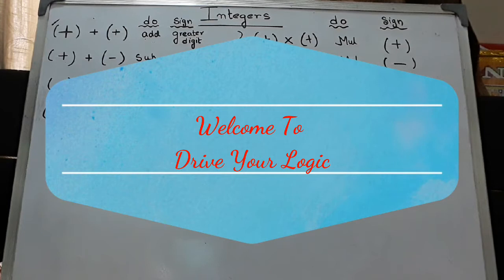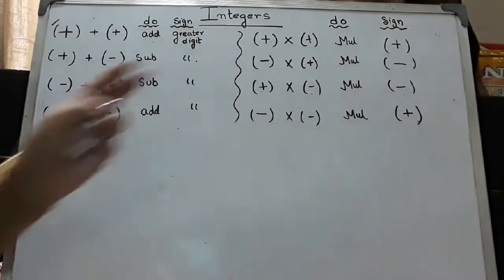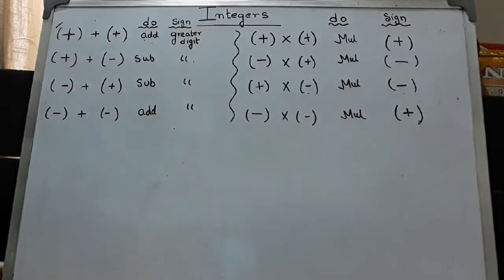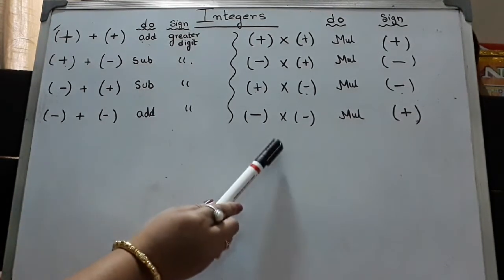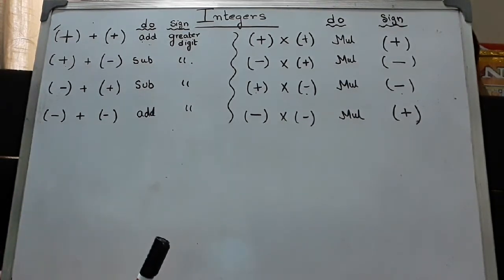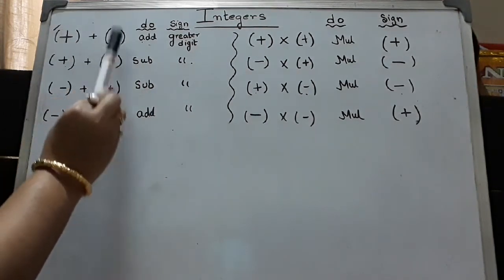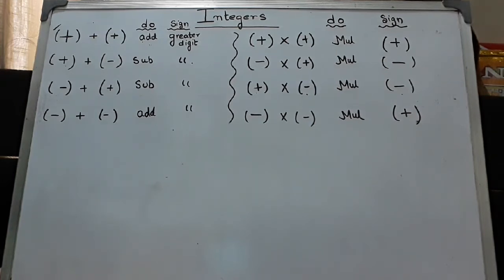Today's topic is integers. Okay, so I'm going to start this chapter. Before I start the chapter, I will tell you all about the signs which you are going to face in this chapter. So before you start the chapter, please note down these signs, okay? And then you have to remember what happens when plus sign is added with plus sign like this. I have noted down all the signs. You have to note down this, okay? Then the chapter will be very easy for you all to solve.